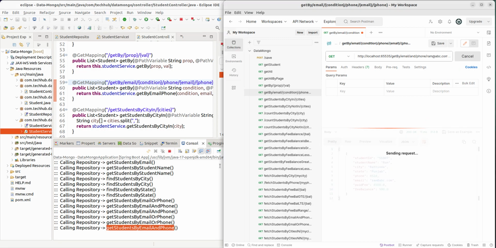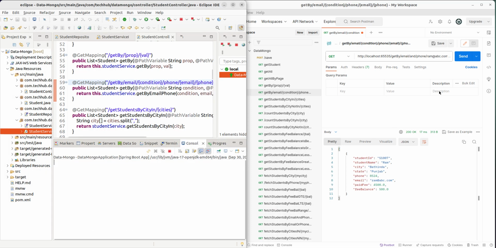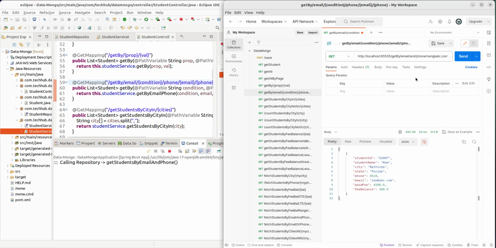Now if I give here email and phone, clear this console once. Email and phone, now it is calling email and phone. If I give OR, email or phone, now it will call email or phone. Yes, okay. Next